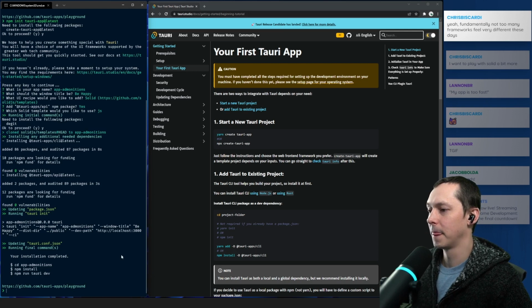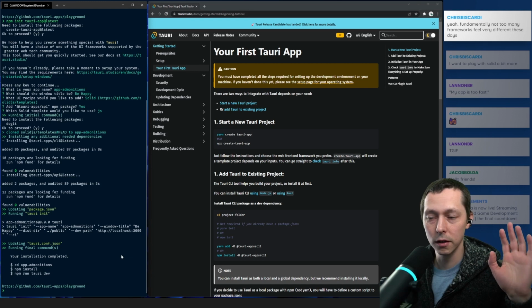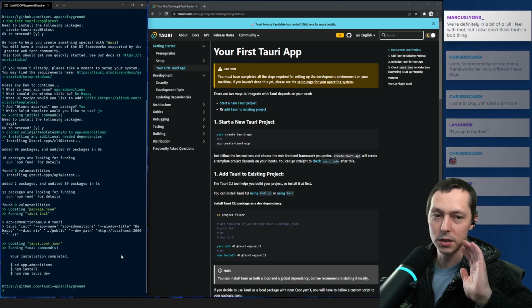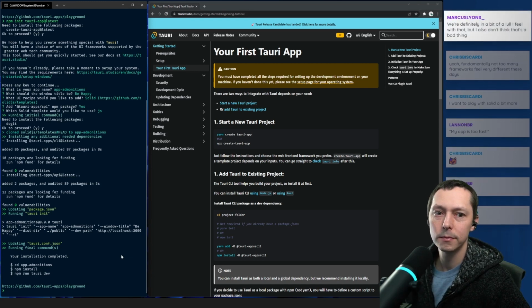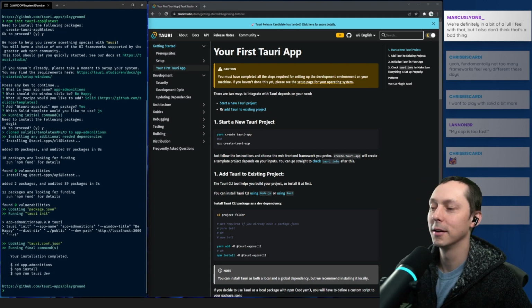And I feel like Vue's been doing some interesting things, but it feels like Vue doing its own thing, and then React and React like. We are definitely in a bit of a lull, and honestly, I kind of don't mind that. JavaScript fatigue, but